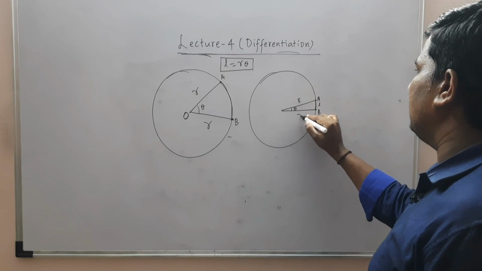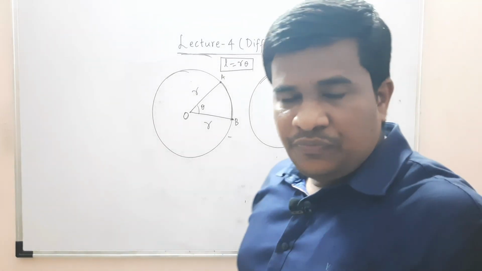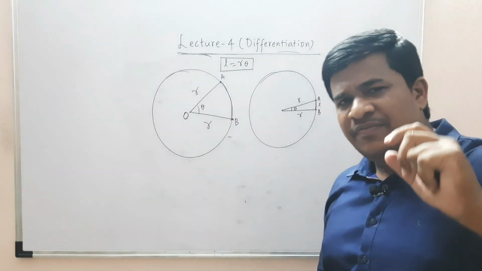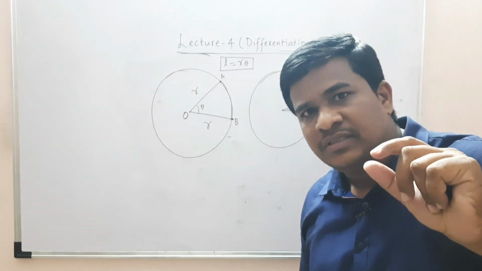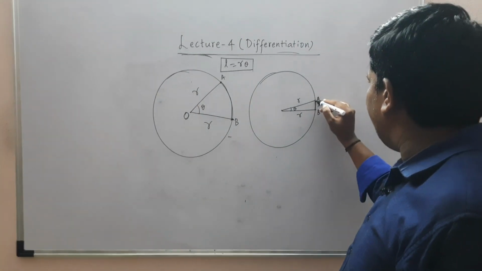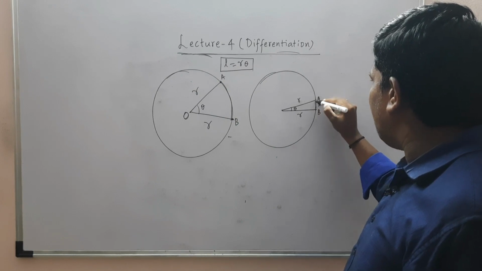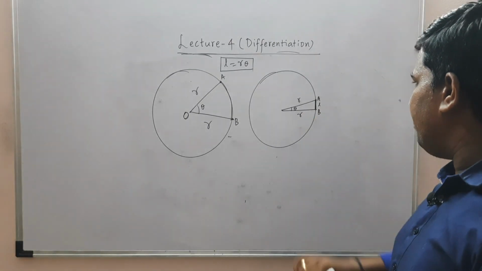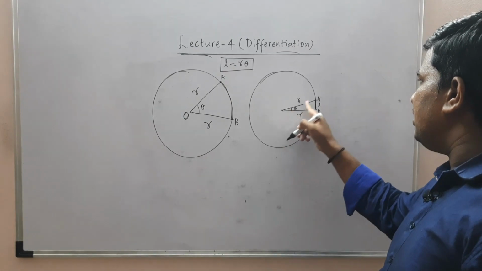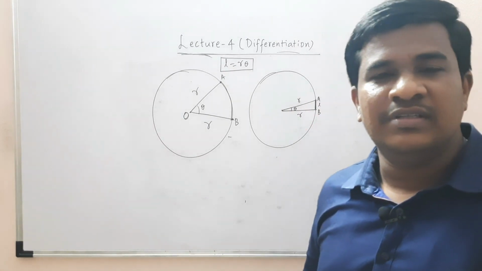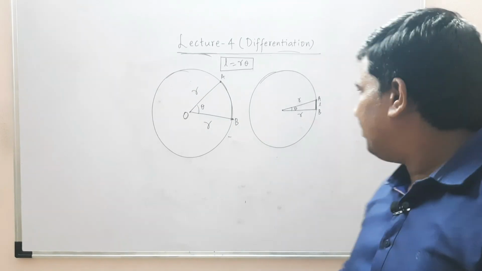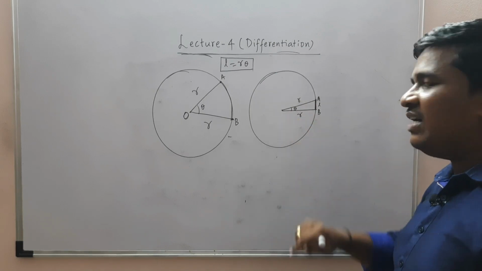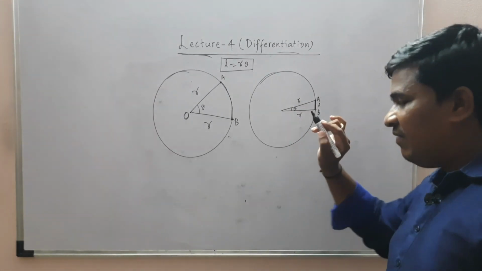If we make AB very small, we are taking a very small part of the circle, so it appears to be straight, because we are dealing with very small values. When it appears to be straight, imagine this is a right angle triangle. Of course, strictly speaking, it is not. If this is the hypotenuse, how can the hypotenuse and the other side be equal? We are dealing with small quantities.